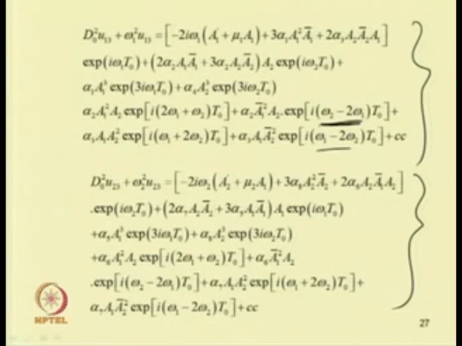Similarly, here omega 1 minus 2 omega 2 equal to 0; we can put this omega 1 minus 2 omega 2 or its complex conjugate term, which gives 2 omega 2 minus omega 1 equal to omega 1, or 2 omega 2 equal to 2 omega 1. So, when omega 2 equals omega 1 we also have a resonant condition, and when omega 2 equals 3 omega 1 we also have resonance.